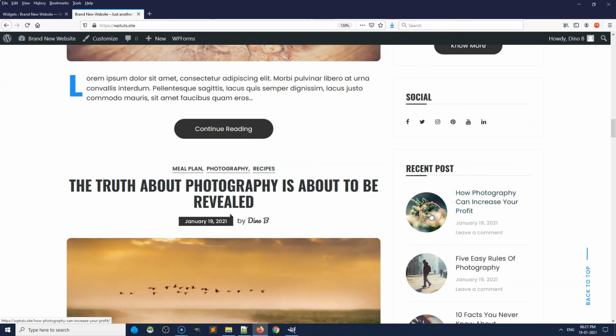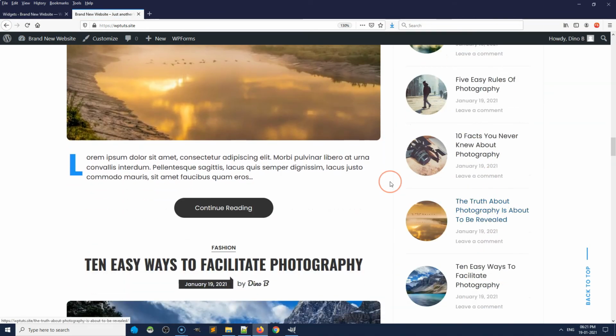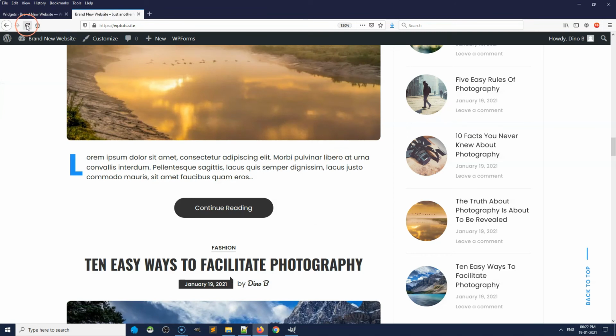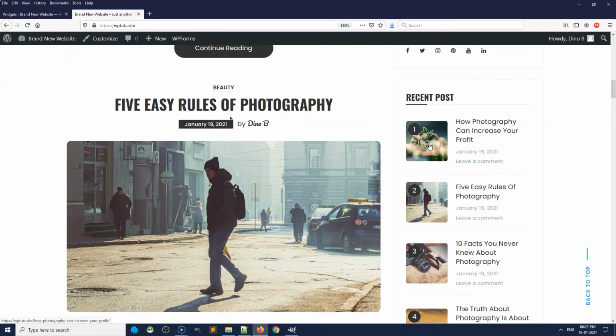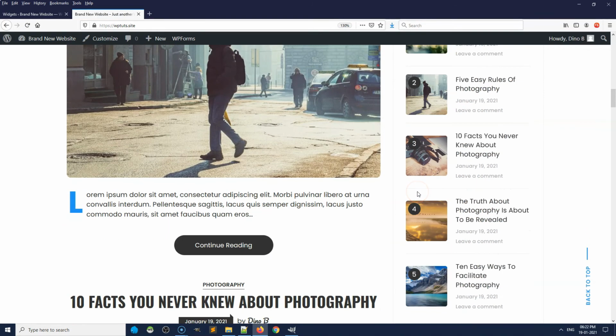The recent post widget is appearing. There are two different layouts. Let's check the layout 2. Okay, now this is the another layout. You can choose the layout based on your preference.